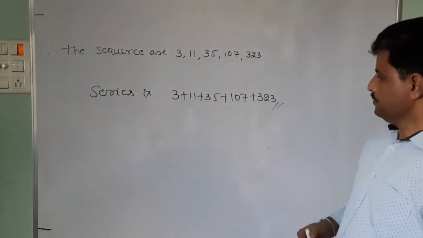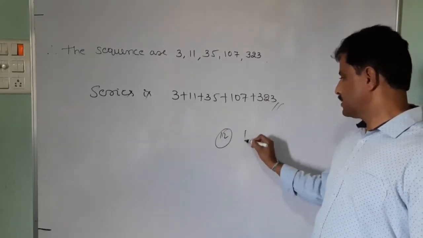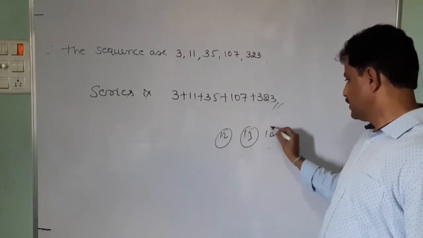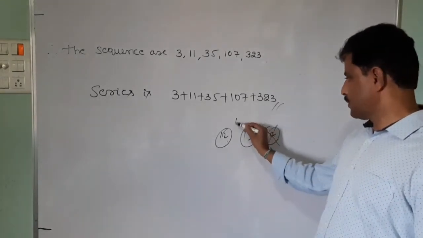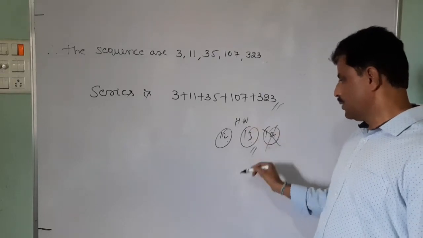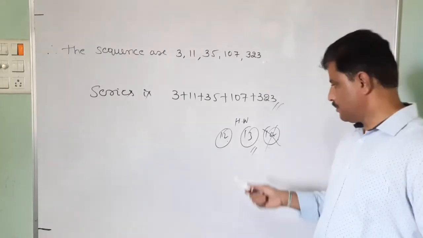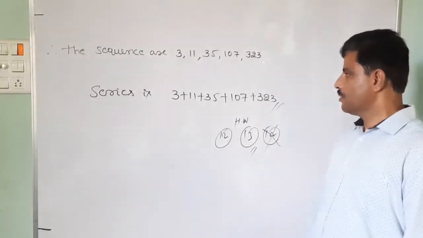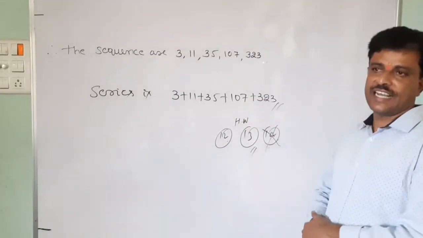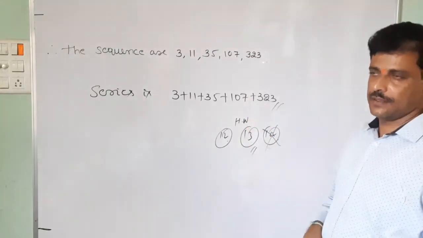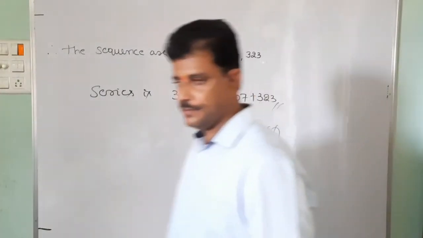Okay dear students, this is problem number 11 actually. So 12, 13, 14, leave them. 14 is not necessary. 12 and 13 these are homework. Do this homework yourself; the result is given on the back side, you can verify it. 12 and 13 are homework. Okay, so next you read this.